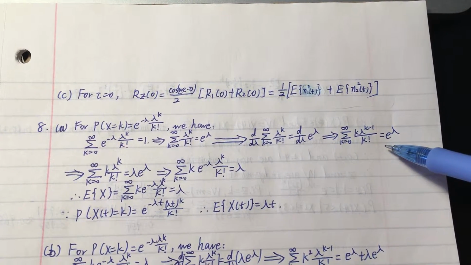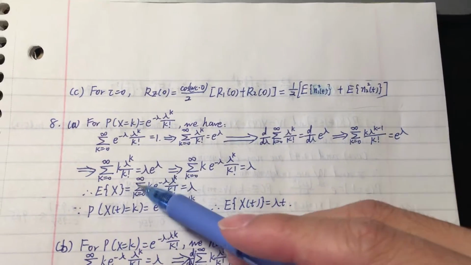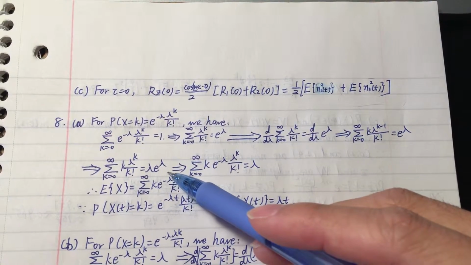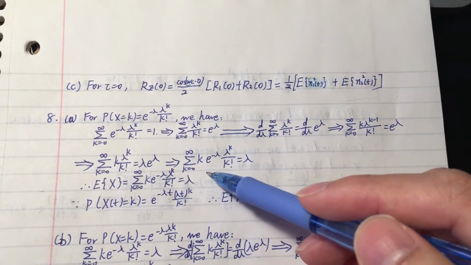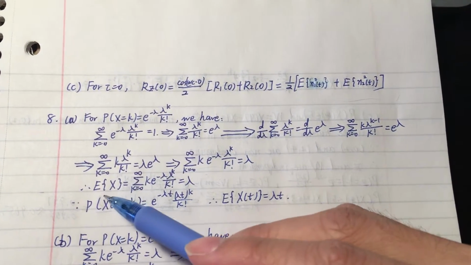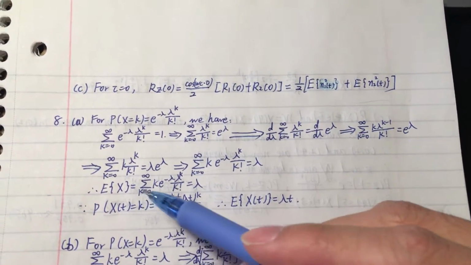We multiply both sides by lambda, we can get this one, and then we move the e to the lambda to the left side, so we can get this equation, and this expression equals the mean of X, so the mean of X equals